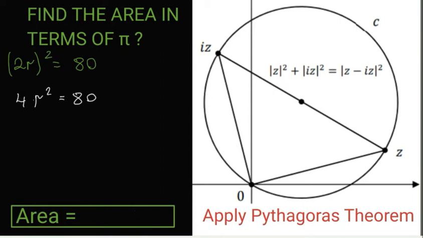And the rule I use there is a to the power of n is applied to both values inside here, so don't forget to do that. So if we have a to the power of n and then we have m outside, we can multiply in our power, but it applies to both the 2 and the 4. So let's divide across. So r squared is equal to 80 over 4, which is 20,